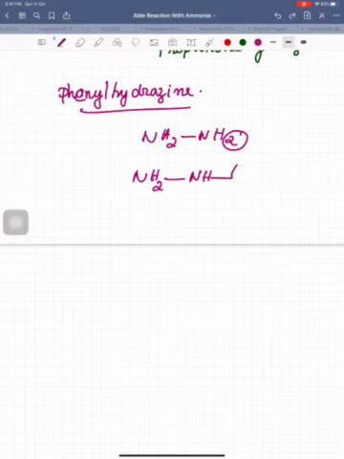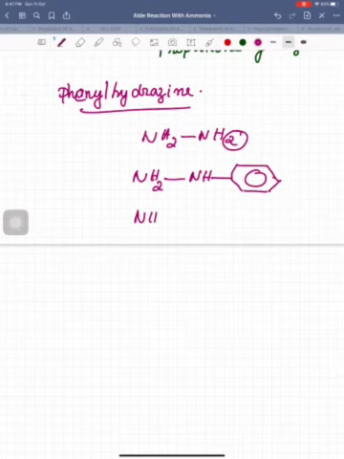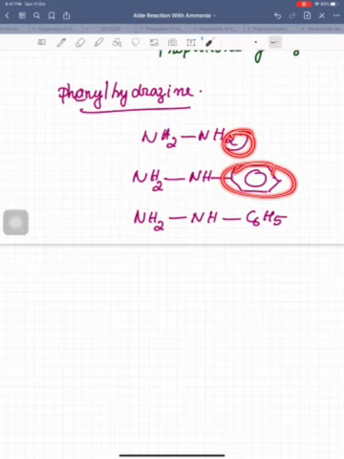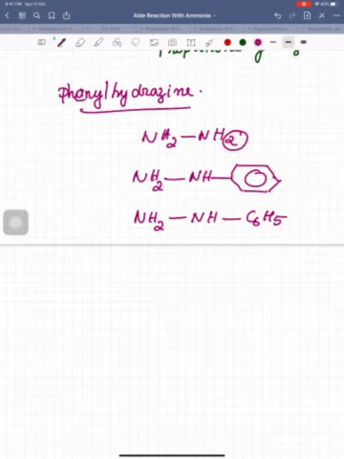Phenyl group it is getting substituted. Simply, if you want, you can write it as NH2NH C6H5, which is called phenyl hydrazine. In the hydrazine, one of the H has to be removed, and in that place the phenyl group gets substituted. Instead of this way of writing, you can write C6H5 also. In this situation, we are going to add it to the carbonyl carbon.